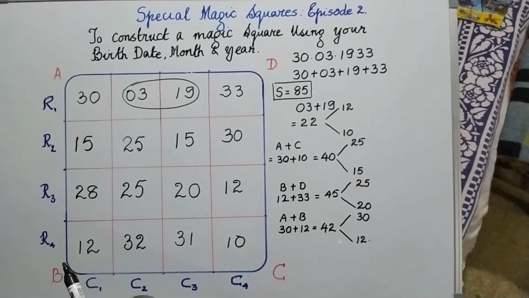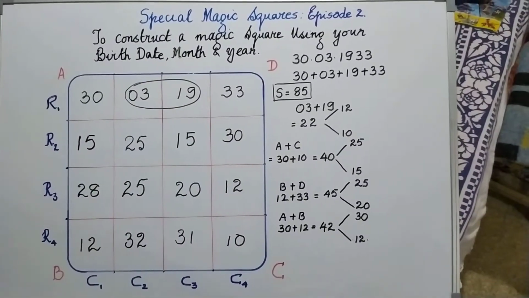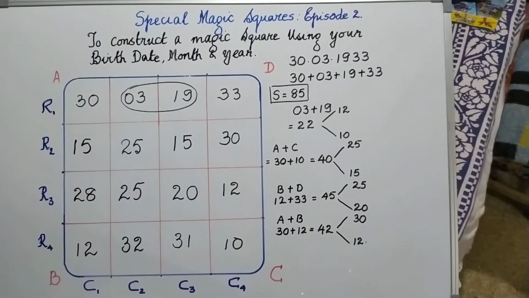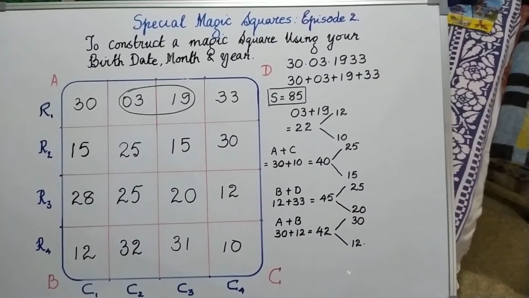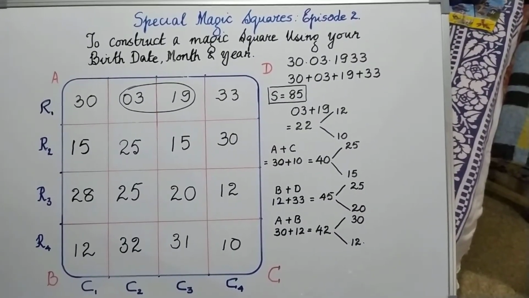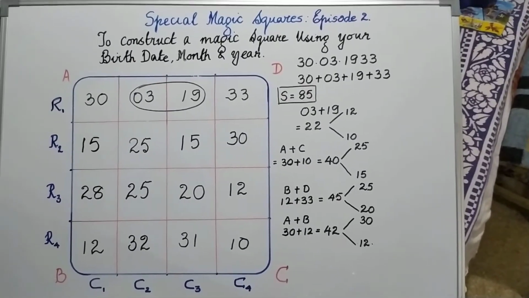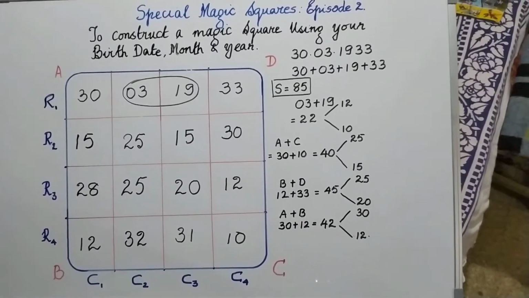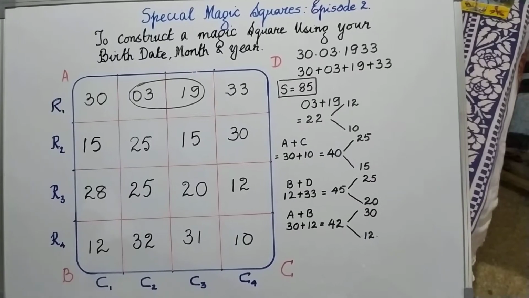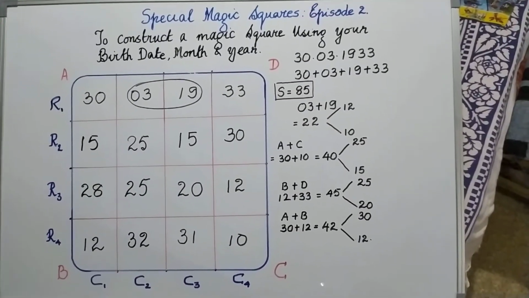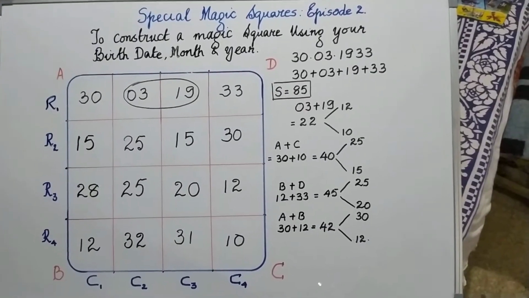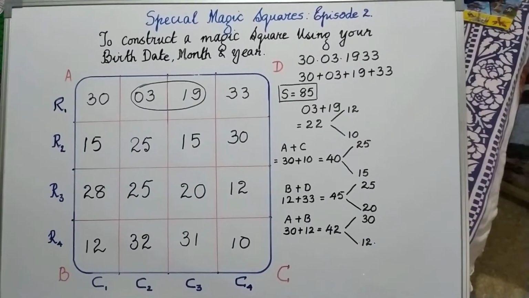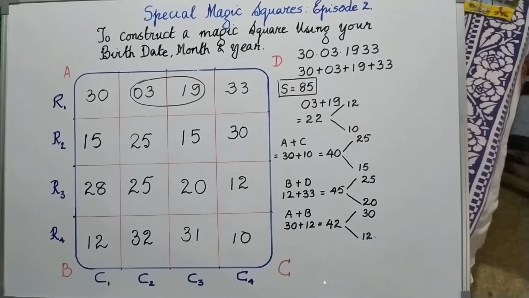This construction of the 4x4 magic square I am sharing with you because once Albert Einstein had said that imagination is more important than knowledge. Knowledge is limited, but imagination encircles the world. If you want to be a good student, if you want to be a good human being, if you want to be a good son or daughter to your parents and a good citizen to the society,